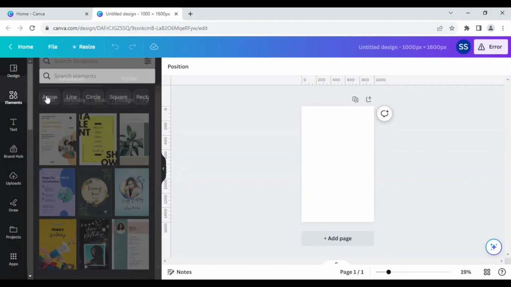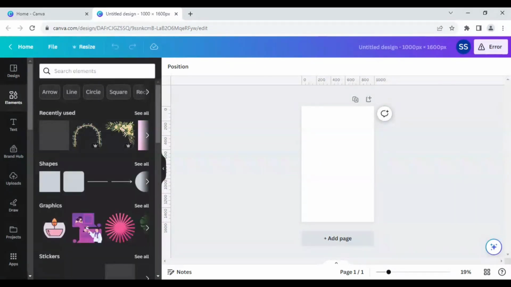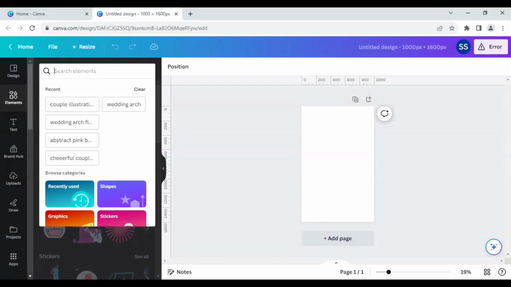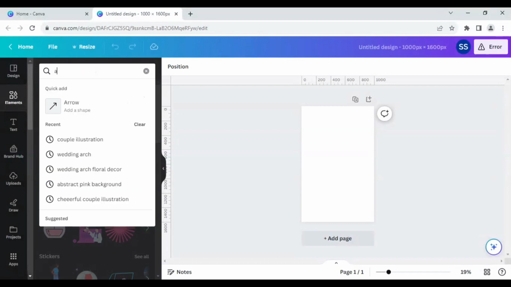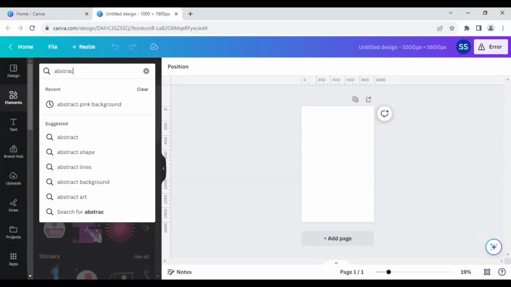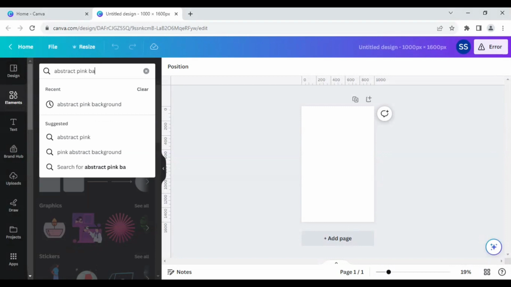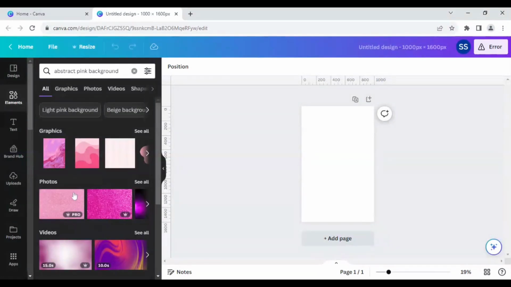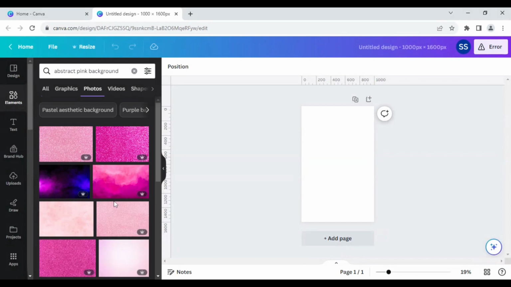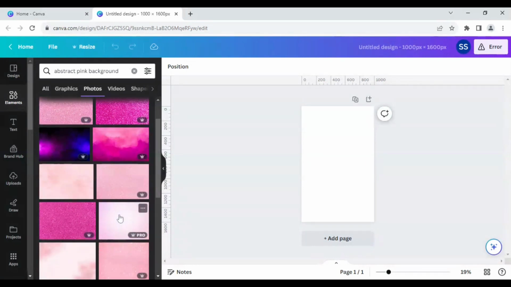Let's come to the elements here, and from here we will be choosing the background, the arc, everything from here. So let's start with it. So first we'll be choosing abstract pink background, and from here we'll come to the photos here and click on see all, and we'll choose this one as